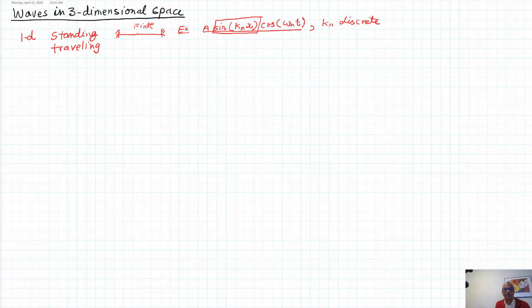Okay. A traveling wave, maybe you have one place where it's finite, but at least this dimension is infinite. So if I started by vibrating here, the wave will just go on forever. An example of this kind of wave, which we call a harmonic wave,